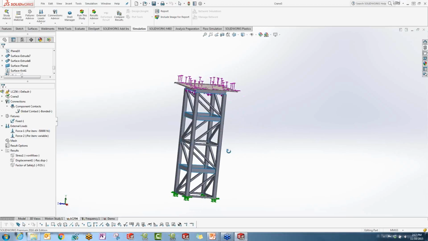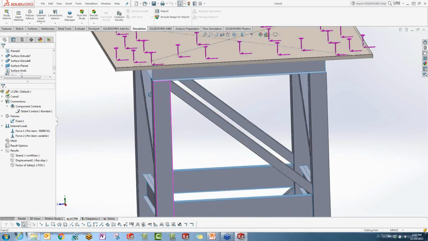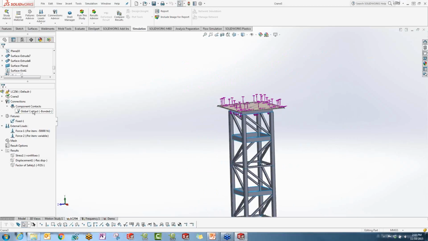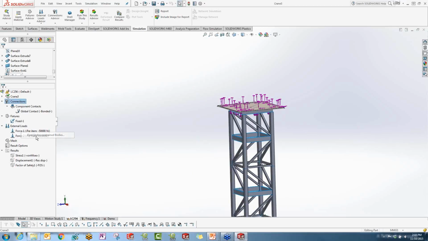For example, I have not created any bonding between all these elements or all these components. And what that means is when I right-click connections, there's a new option called Find Under Constrained Bodies. All right. And that's going to lead me to an interface wherein if I hit calculate, the solver actually runs through the entire model and